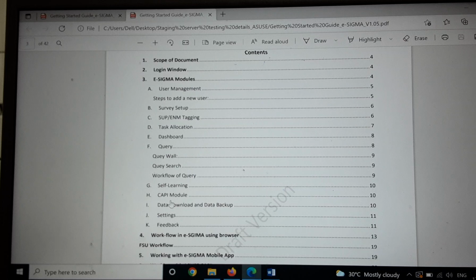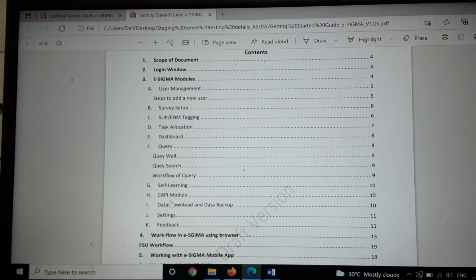Now on the other hand, the other version is the desktop version, and this desktop version has been designed to facilitate the data entry work by the enumerators. One point that I need to mention here is that there are two basic differences between desktop version and CAPI for data entry. The first point is desktop version of ASUS data entry is not invoked through eSigma. Unlike in the case of CAPI, the user will have to log into this application separately.